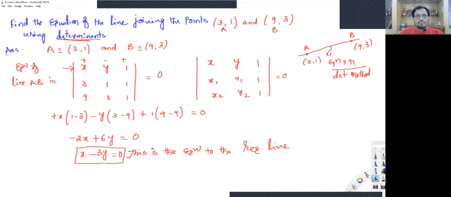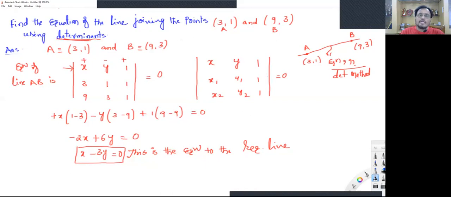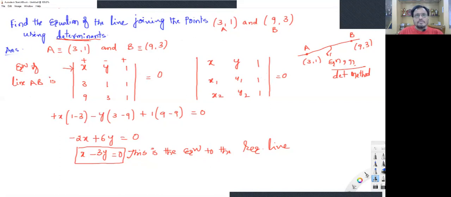My dear students, please don't get confused between finding the area of a triangle and finding the equation of a straight line passing through 2 given points. As of now, in our syllabus, we have only 2 applications of geometry in determinants. I taught both of them. Please note them down, and you can go to the textbook and solve the problems related to the area of a triangle and determinants. Thank you, friends. Thank you, dear students.